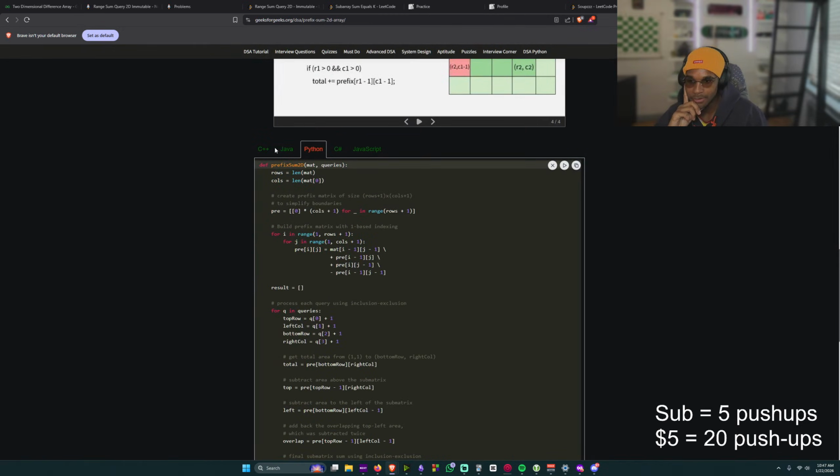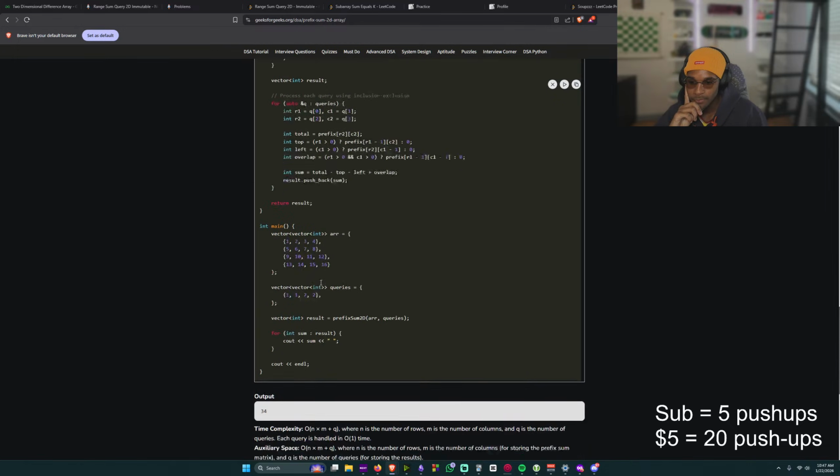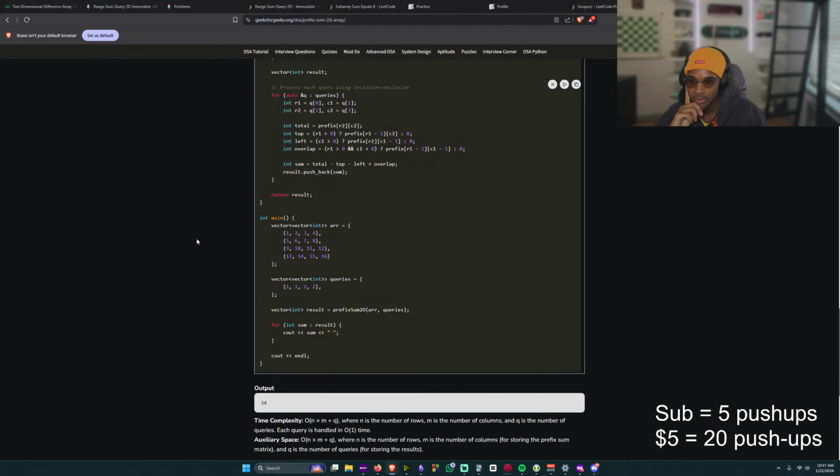Wait, let's look at how this is implemented. We have a vector called array with numbers 1 through 16, a 4x4 grid. Query 1, 1, 2, 2. So we want to go from row 1, column 1 to row 2, column 2.